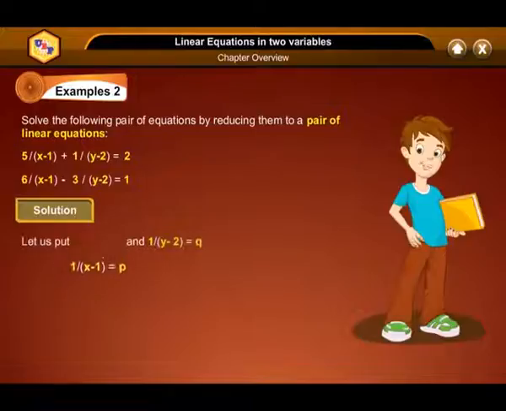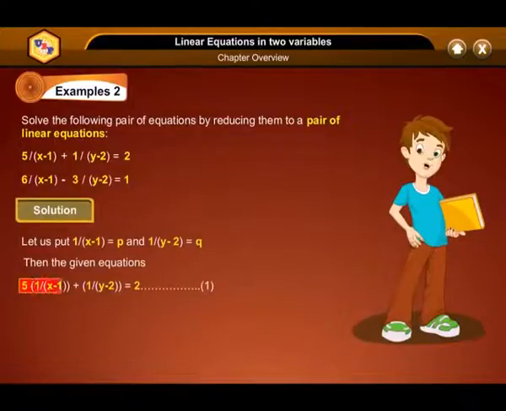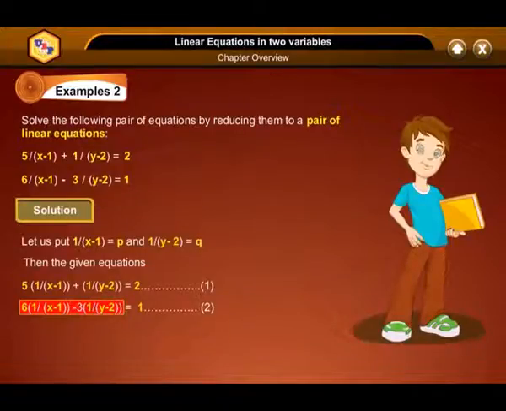Let us put 1/(x-1) = p and 1/(y-2) = q. Then the given equations 5 × 1/(x-1) + 1/(y-2) = 2, 6 × 1/(x-1) - 3 × 1/(y-2) = 1